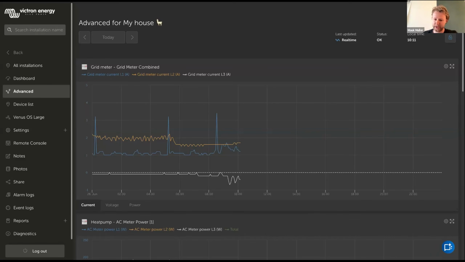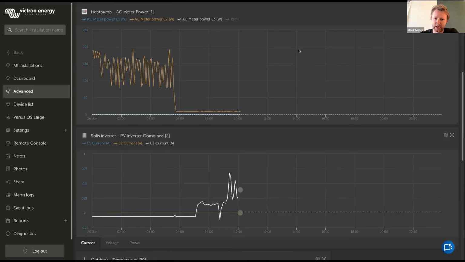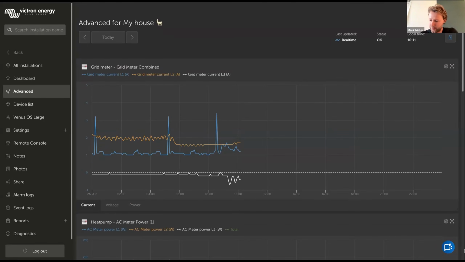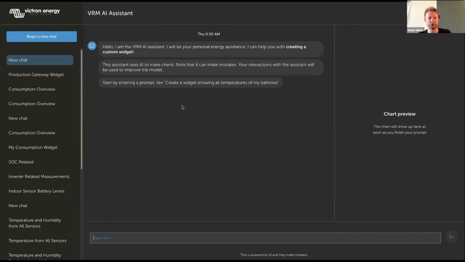So I'm Mauk. I'm a data scientist and I specialize in various AI projects for Victron. And as was introduced, one of the projects that we're working on is a tool that can help you make widgets through natural language in the VRM platform. You may be familiar with the widget page here. Some of you may or may not know, but there is this little button in the bottom that you can press, which brings you to a chat page where you can interact. Currently, you can only make widgets through this chat, but I'll quickly demo a little bit.